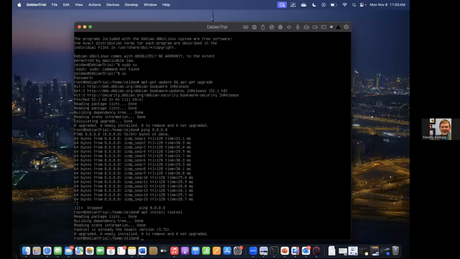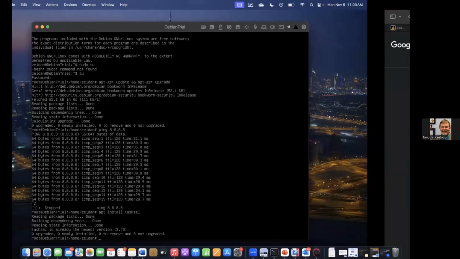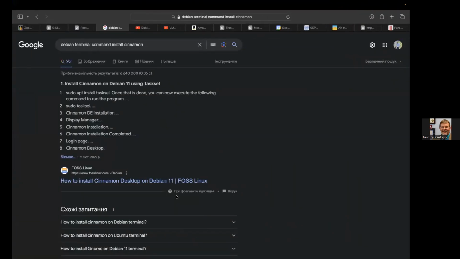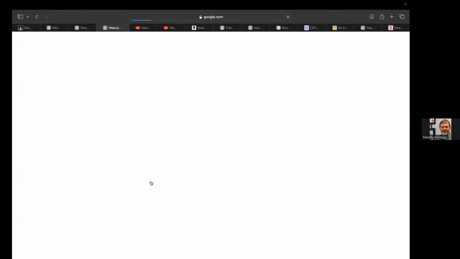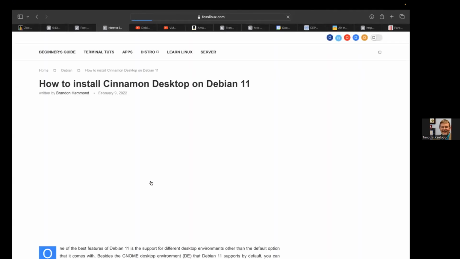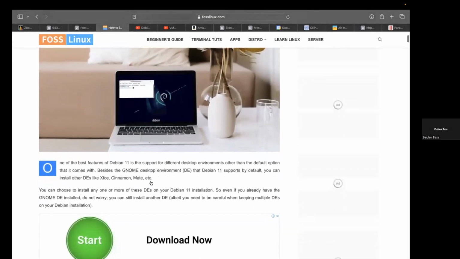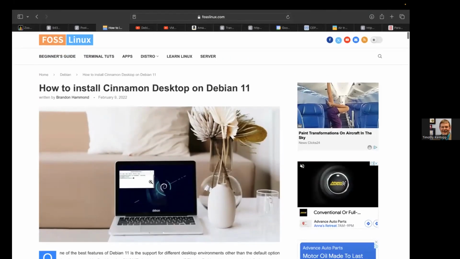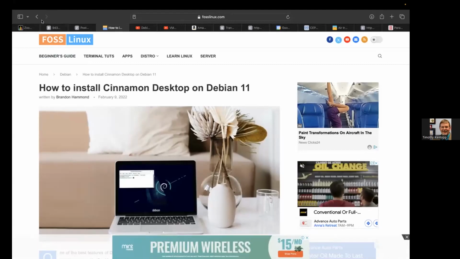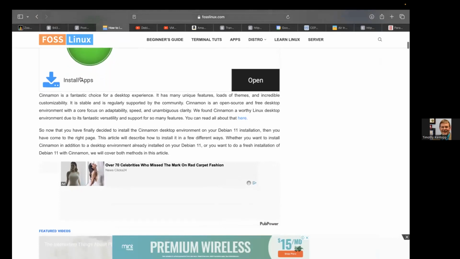It says already newest version. Okay, go back to your Safari. Now you're ready to install the other one. It says Cinnamon. So click on that thing that says Cinnamon DE installation. Just follow the steps. Now this says on Debian 11, you're on Debian 12. So there might be some differences, but if you scroll down to step 3,